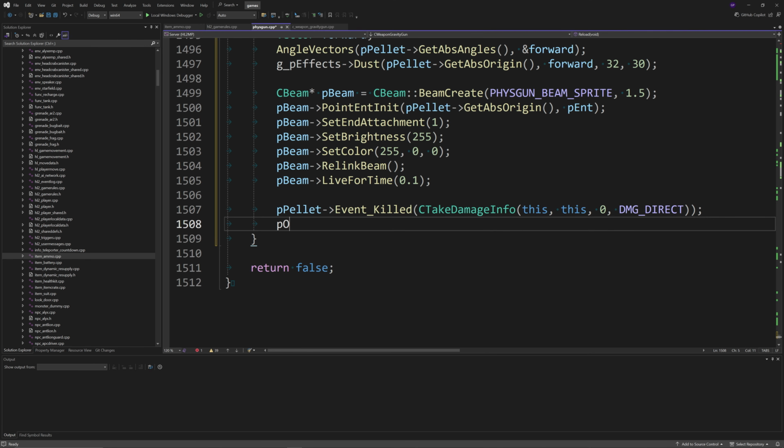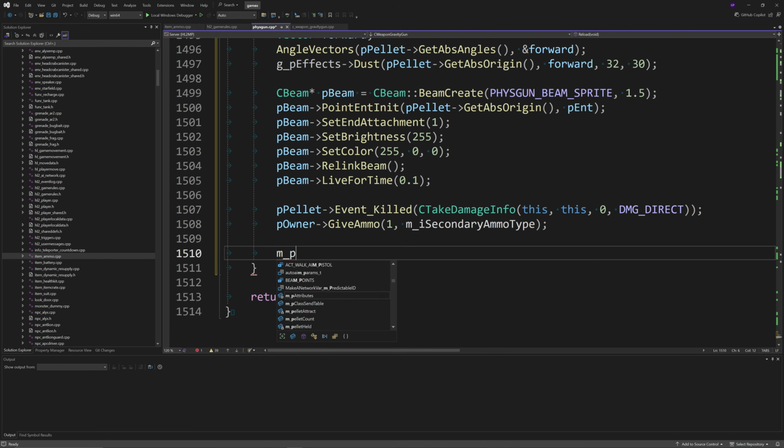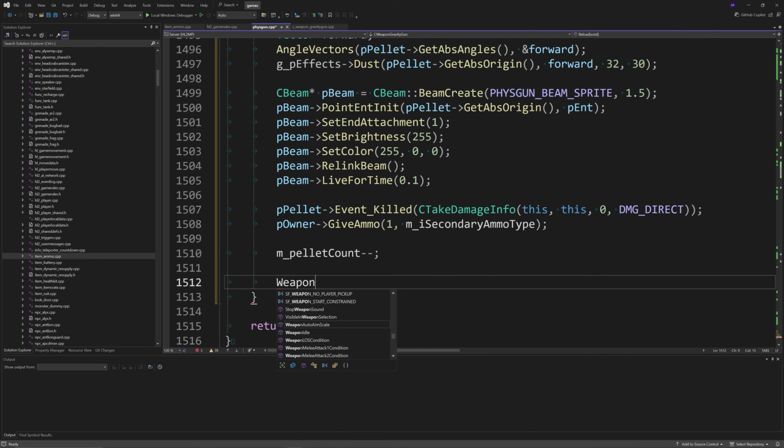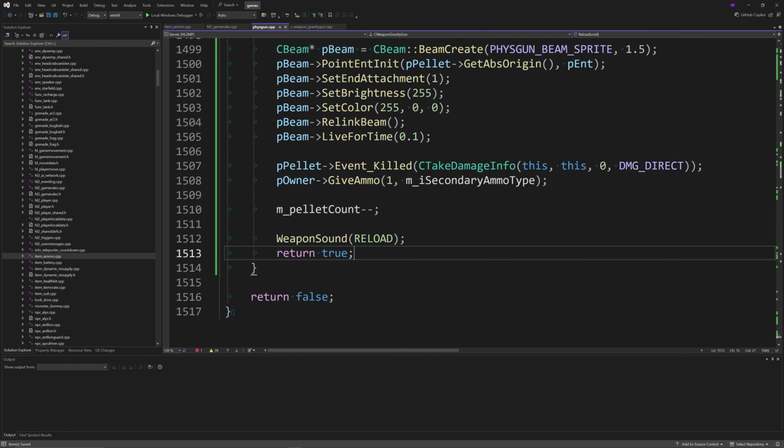pBeam->SetColor of 255 0 0. pBeam->RelinkBeam and pBeam->LiveForTime 0.1. Then do pPellet->Event_Killed of CTakeDamageInfo of this, 0, DMG_DIRECT. And then pOwner->GiveAmmo of 1, then m_iSecondaryAmmoType. Then m_pelletCount--, WeaponSound of RELOAD, return true, and then the return false line can be outside